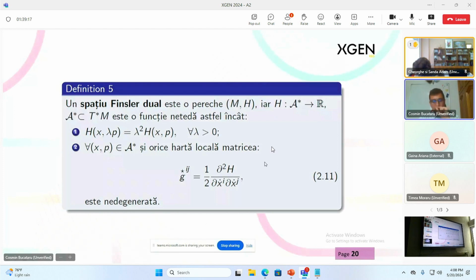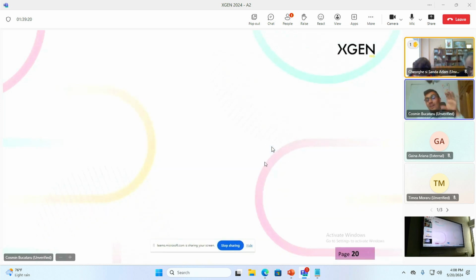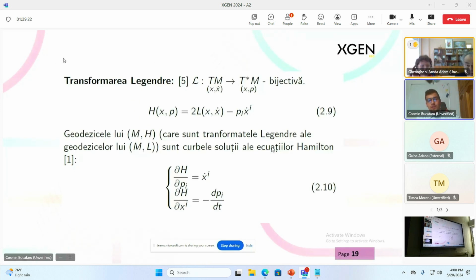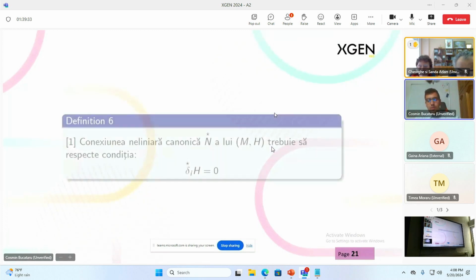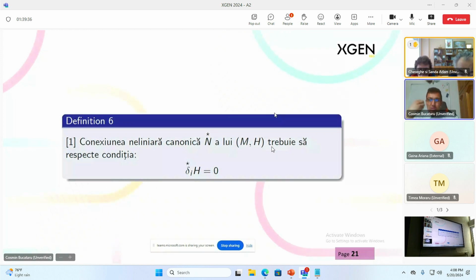But another important detail I want to show you: why can we use the Legendre transform and why is it bijective? Because we started with a Lagrangian whose Hessian is non-degenerate. So this is the reason why we can use this notion of the Legendre transform. Well, in order to have the duality, we must introduce this property. So H, our Hamiltonian, must be a metric connection. So delta E star H needs to be 0. And I will show you where this condition is